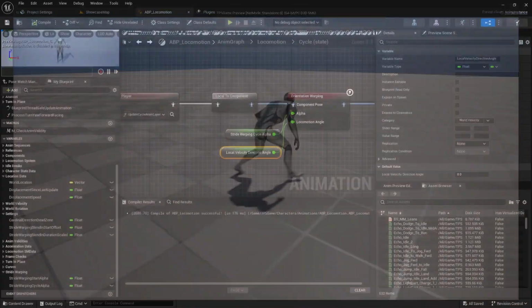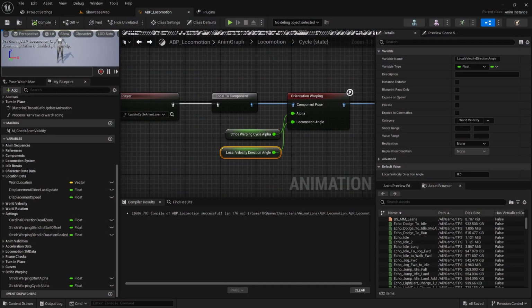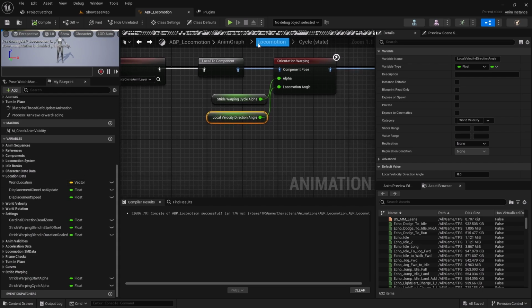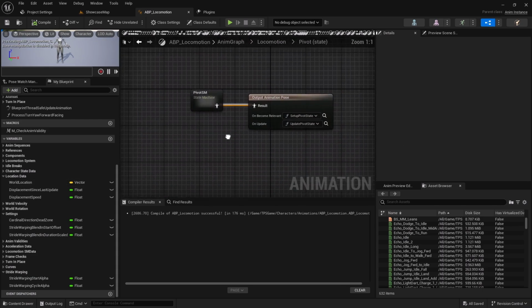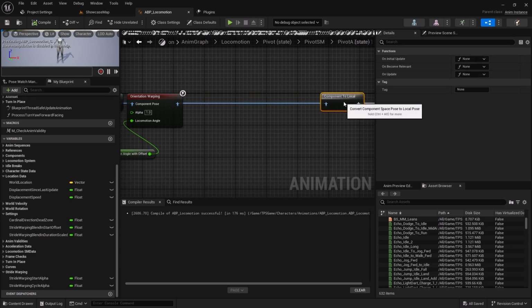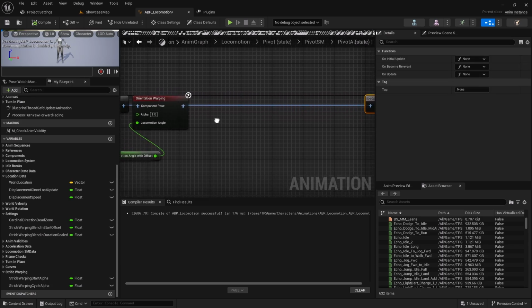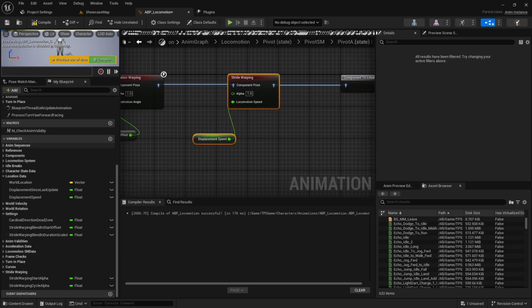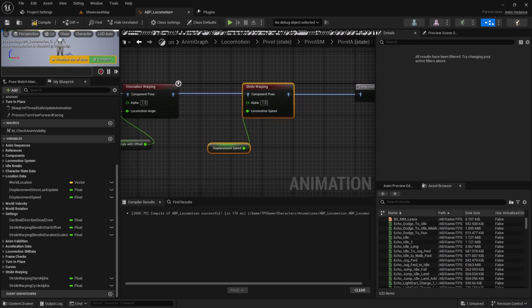Okay, right, so we have added the stride warping for the start state and the cycle state, and finally we can add it to the pivot states, right? So let's go to the pivot state machine, pivot A, right? So I'll make a space here and paste those nodes, attach the pins, and here we need to calculate the stride warping pivot alpha like we did similar to the start and cycle states,